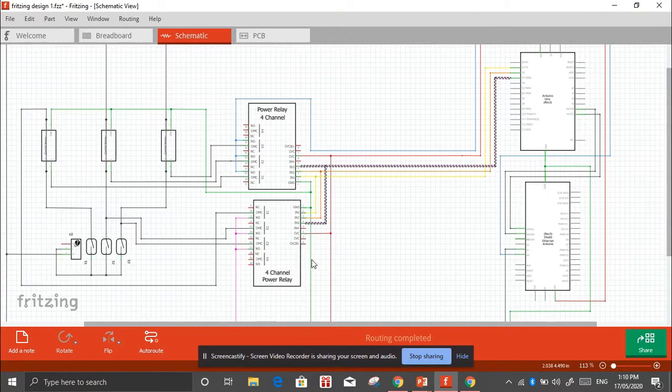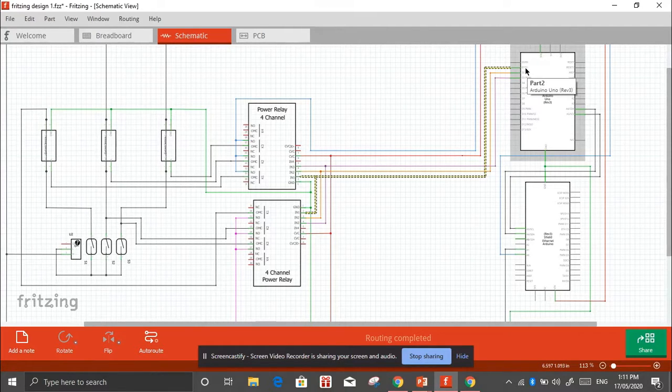So now coming to the working, let us consider an example. The Arduino sends a signal to relay 1 of current and voltage relays through its input signal D1. So we are going to take this pin. The Arduino Uno sends signal to the relay 1 of both current and voltage relay modules. Now relay 1 is on and the other two relays K2 and K3 of both the relay modules are off.